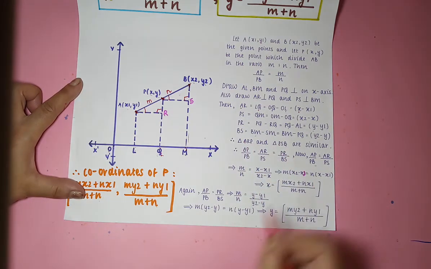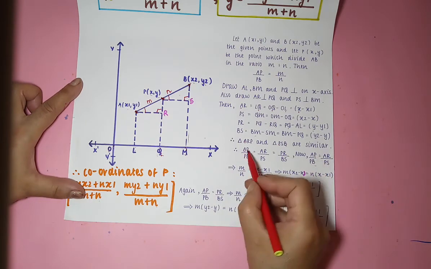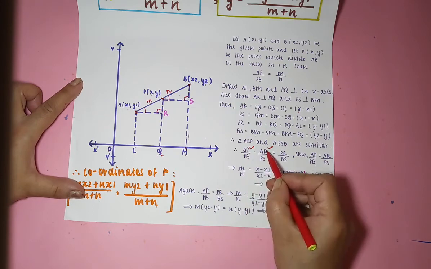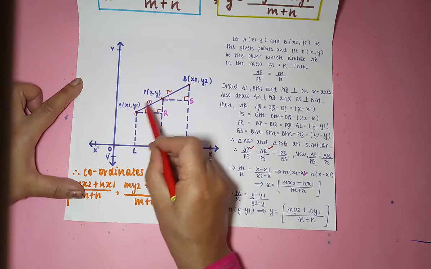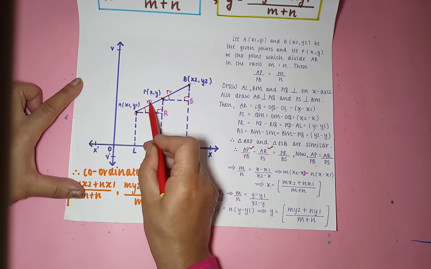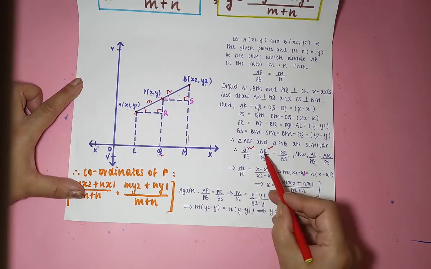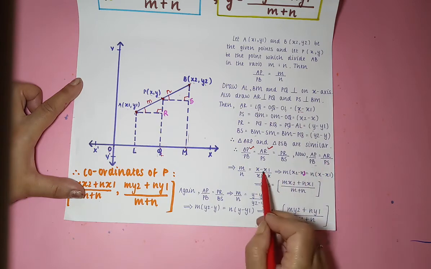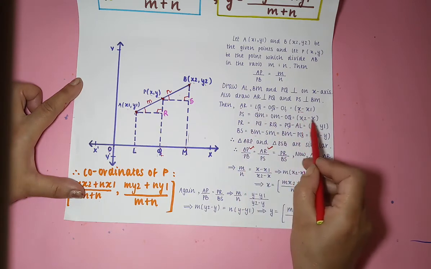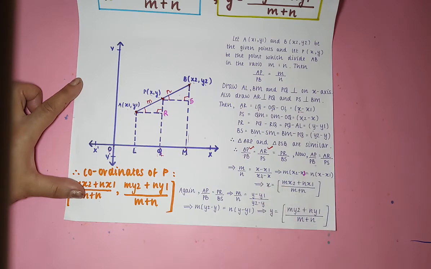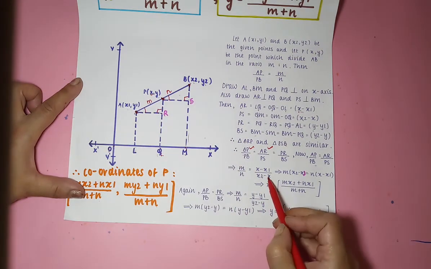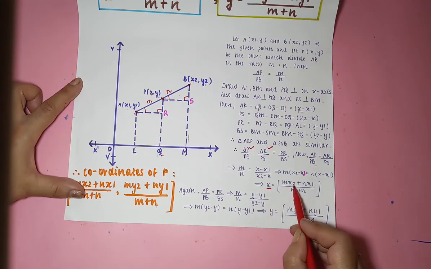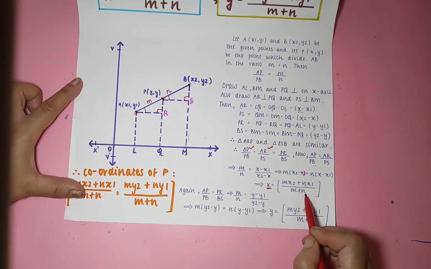Fine. Now let me take AP upon PB, that is this first part, and AR, this and this. So AP upon PB is equal to AR upon PS. Now AP upon PB, we have said that this is m by n. m by n is equal to AR upon PS. AR I have found is x minus x1. And PS I have found as x2 minus x. Right? Now I need to calculate this x coordinate. I will cross multiply, put the x terms together. So my x is mx2 plus nx1 upon m plus n.